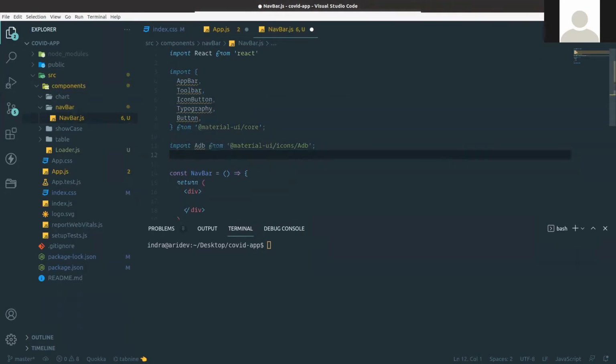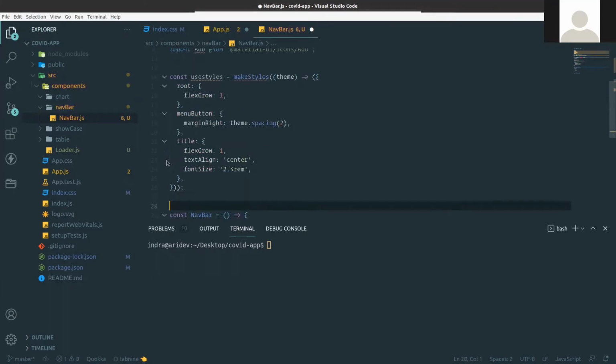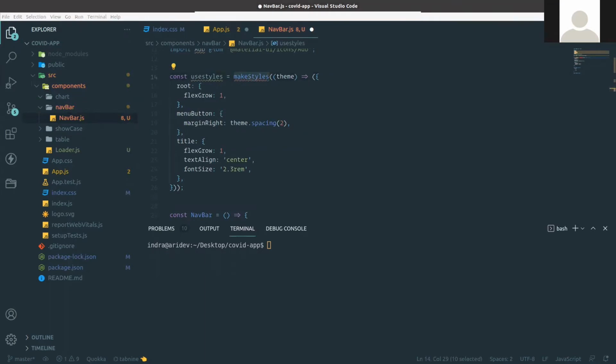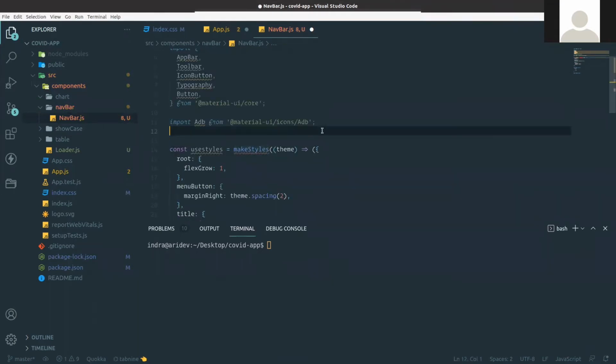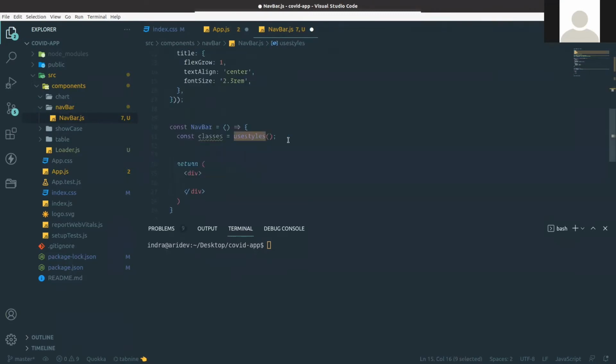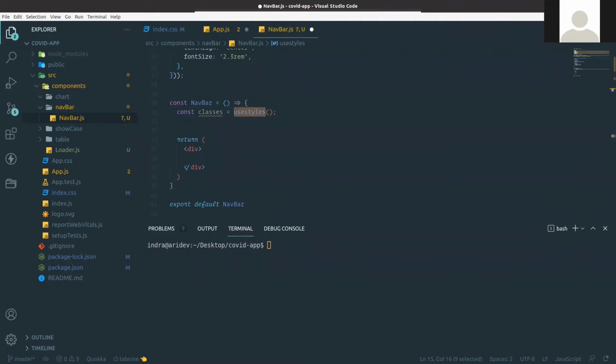So first bring these UI components from the core that I need. This icon ADB, this is the style things. I'm going to skip this styling part, I already told you. So just go to the source code and copy this thing and paste it over there. Totally every CSS thing I'm going to skip. I'm also copy-pasting those JSX because I already built them.